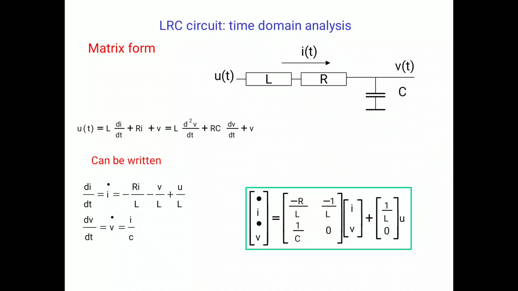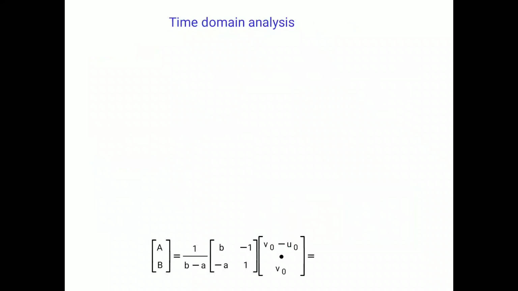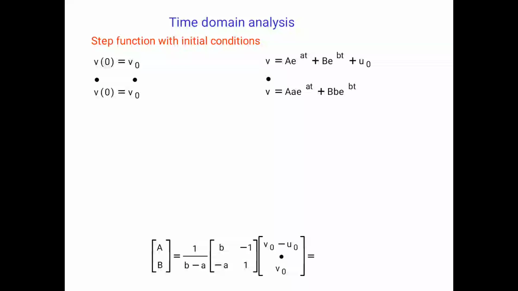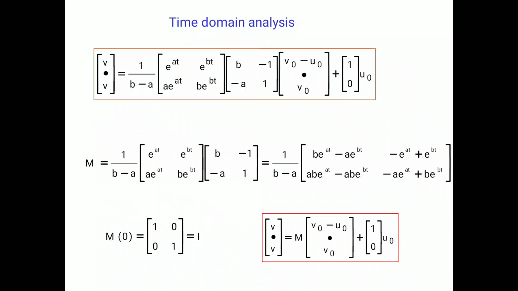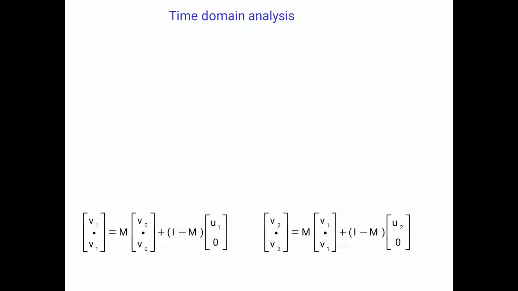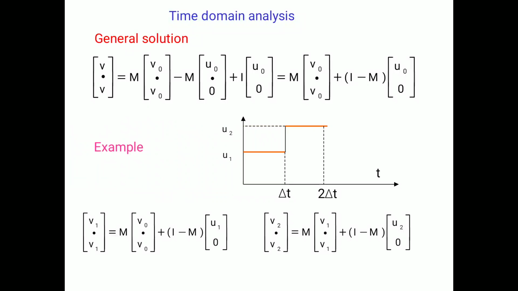So in the x dot we got i dot and v dot, meaning derivative of i of t and derivative of v of t, and by comparing both the equations with the state space equation we get minus R by L, minus 1 by L, 1 by C and 0. So this is the state space equation in the form x dot of t equal to A into x of t plus B into u. This is called the physical variable method. Here we can find out the state space equation in the matrix form, and we can find out the state transition matrix for the various matrices A.